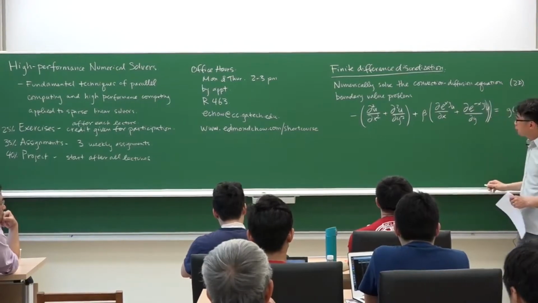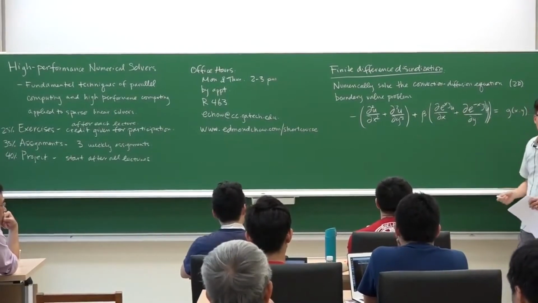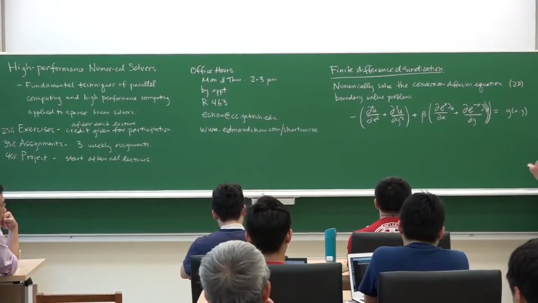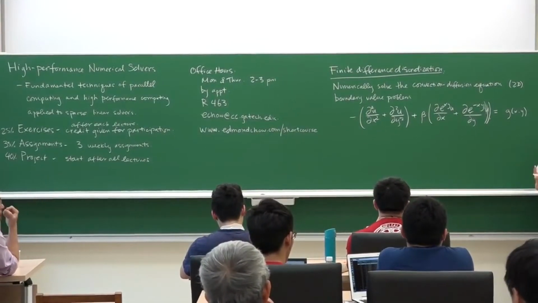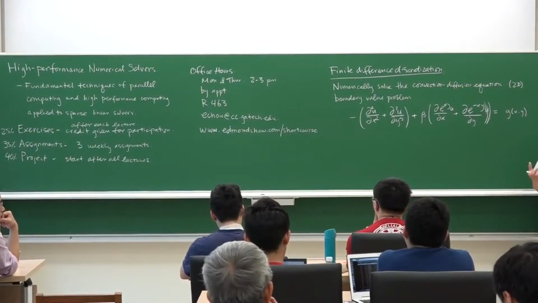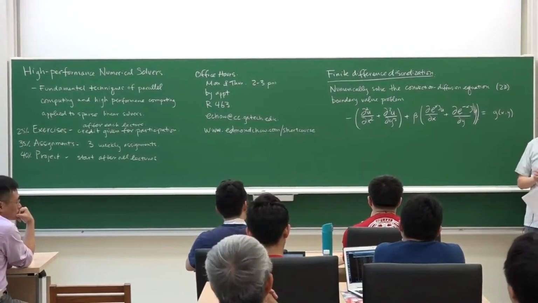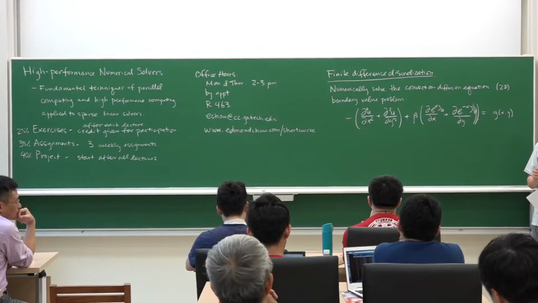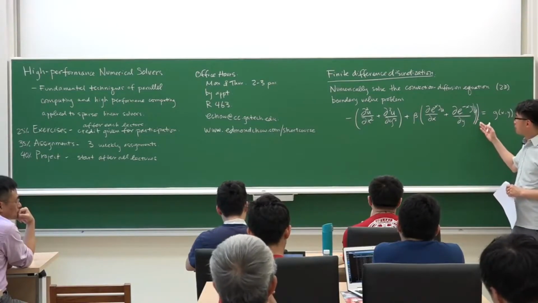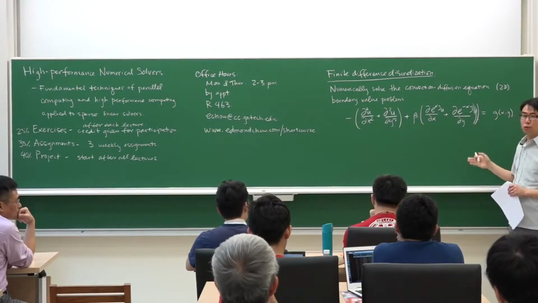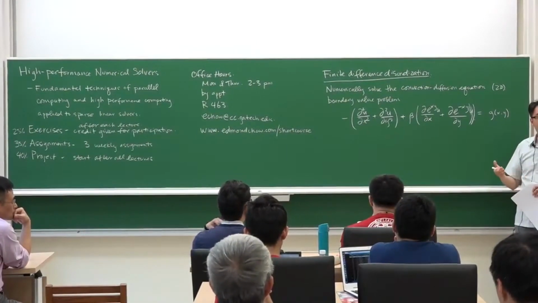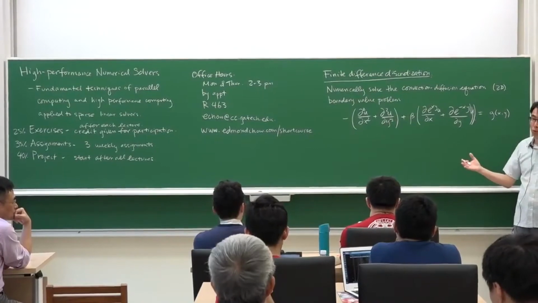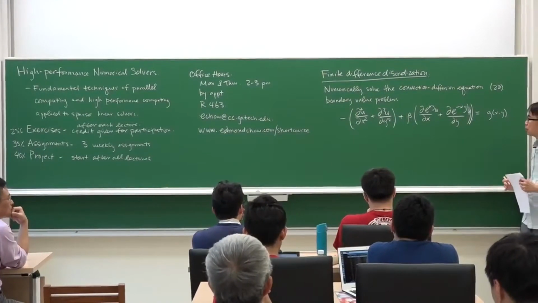So the unknown is u, and u could represent temperature or energy density. It could represent the concentration of some quantity, the concentration of a pollutant. Okay, and for instance, we could use such an equation to understand what is the steady state temperature distribution in some room, for instance, in some two-dimensional room.